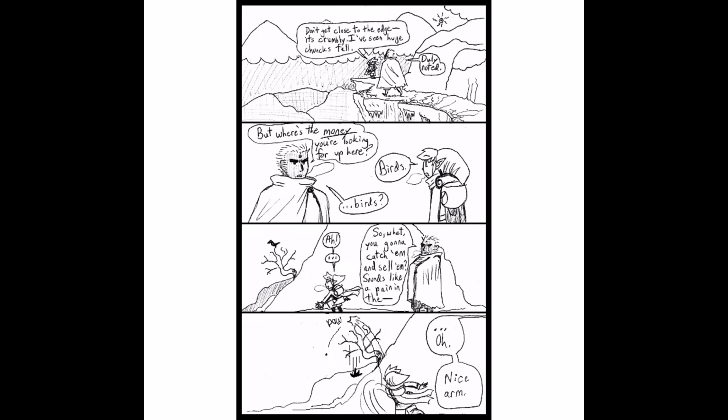Don't get close to the edge. It's crumbly, and I've seen huge chunks fall. Duly noted. But where's the money you're looking for up here? Birds. Birds? So what are you gonna, you gonna catch them all and sell them? Sounds like a pain in a...